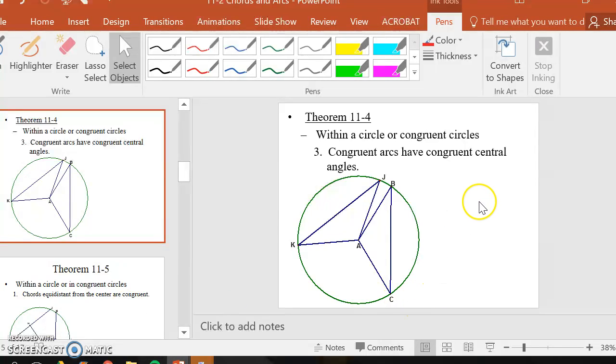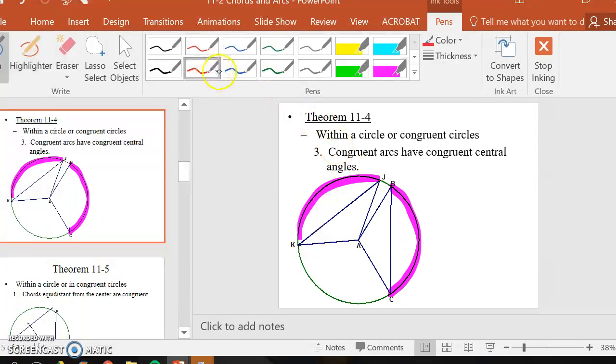The next one: congruent arcs have congruent central angles. So using the last two theorems and combining them, what they're basically saying is if this arc is congruent to this arc, then this central angle is congruent to this central angle. Okay, so congruent arcs have congruent central angles. And you could basically work backwards from that and say congruent arcs have congruent chords, which then have congruent central angles. Okay,